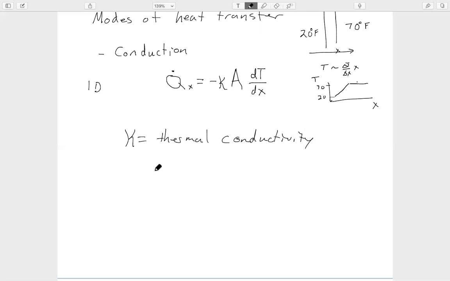So if kappa is large, it's going to be easy to transfer heat. And if kappa is small, it's going to be very, very slow. It's going to be hard to transfer heat with this mechanism. All right. There'll be some homework questions on this. All right. Another mechanism for heat transfer